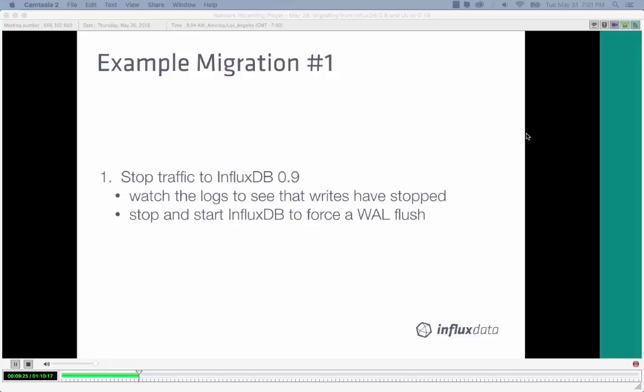So stopping the traffic to InfluxDB 0.9 is our first step. We recommend that you tail the logs to make sure that writes have stopped. Once the incoming writes have stopped and you're seeing no more POST requests coming in from your clients, then restart the database. On restart, InfluxDB has to flush the entire write ahead log, which is definitely something we